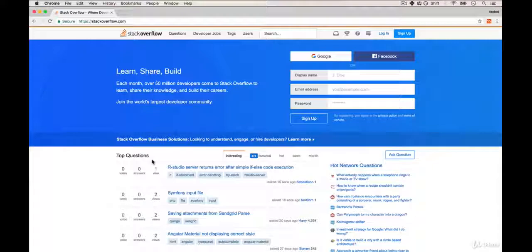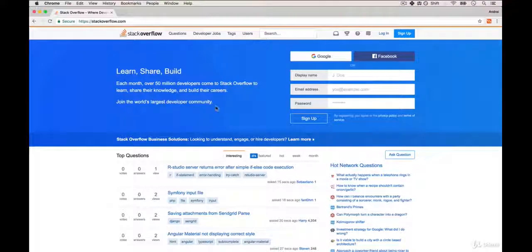When you have a question, ask yourself, knowing what I know and the tools at my disposal, what is the best way for me to get to the end to solve this problem? The first step when you are stumped is to Google. And most likely one of the first links that pops up, if you include the word JavaScript or CSS or HTML, will be Stack Overflow. So let me show you an example and take you through a real life scenario.